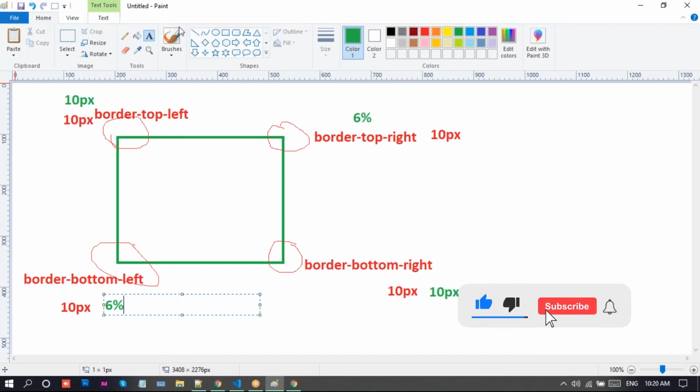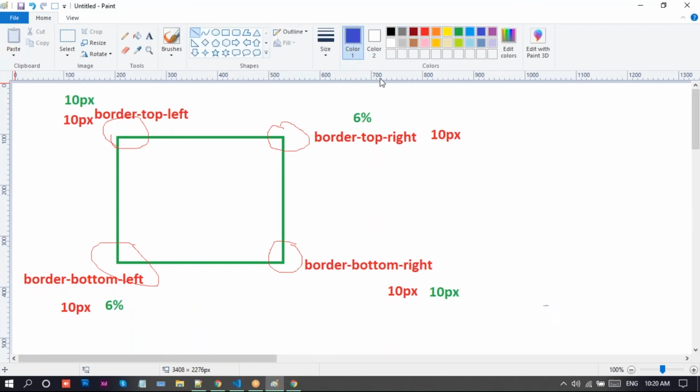If you found two values, the second value will be taken like this. So it will take top left, bottom right 10 pixels, top right, bottom left 6%.